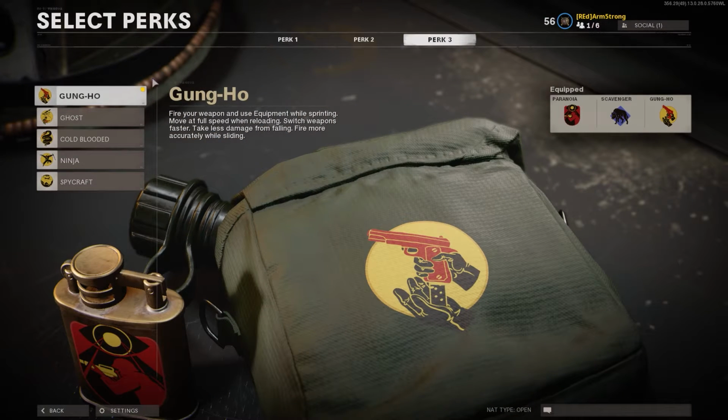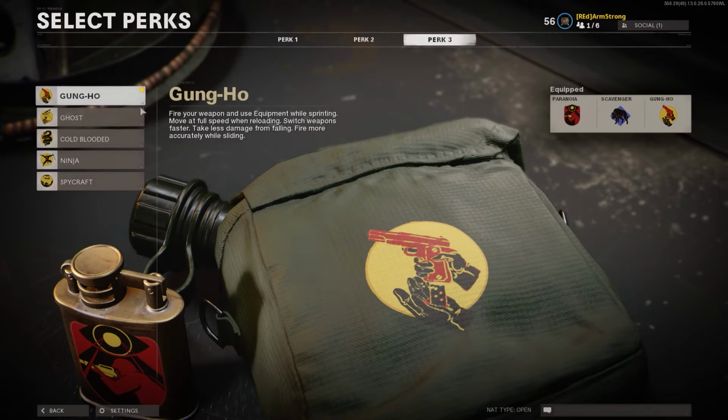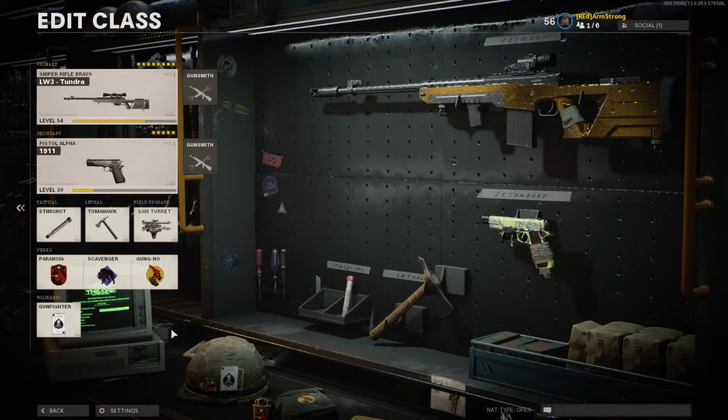Gung Ho, fire your weapon and use equipment while sprinting. Move at full speed when reloading. I recommend this so much because you could switch to your pistol a lot faster with a sniper. A lot of people say use Ghost or Cold-Blooded. Like I said, if you're just going for straight kills, go with Gung Ho. You'll get more kills. Yeah, you'll get killed by score streaks and stuff, but really it's just worth it in